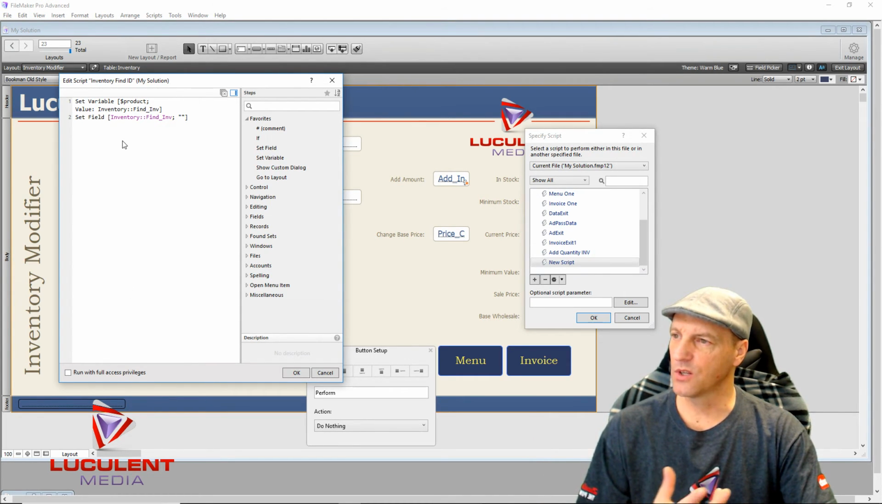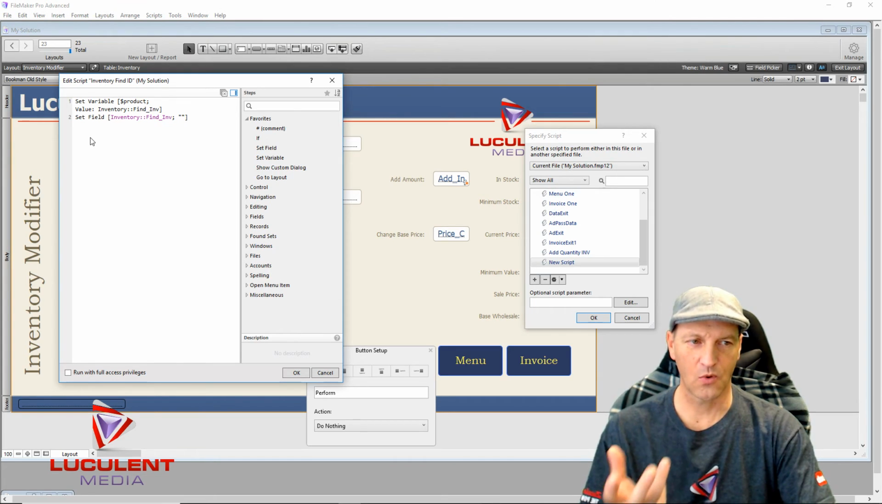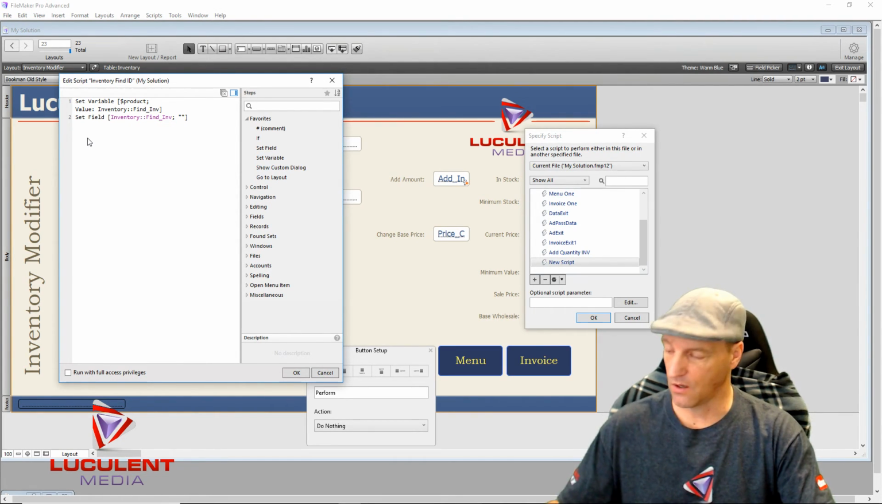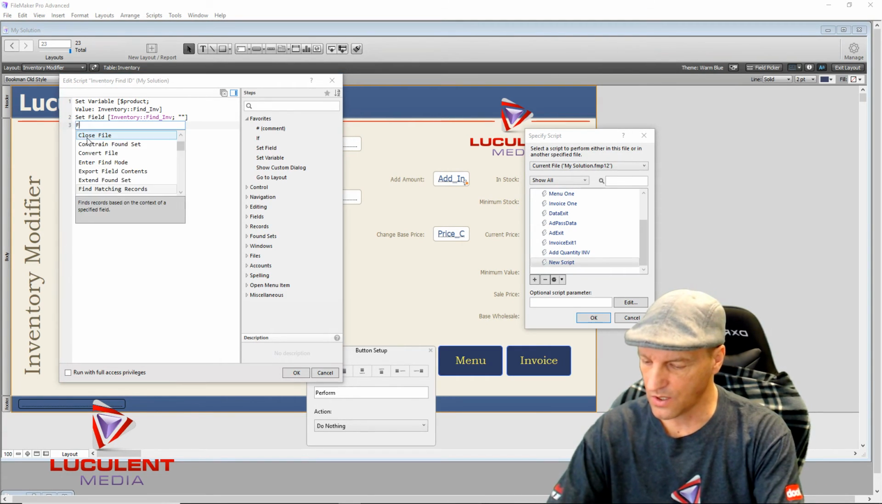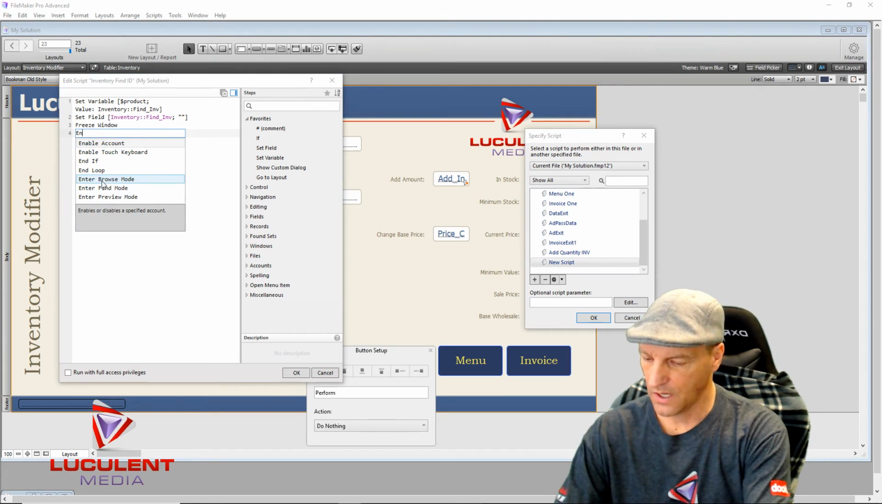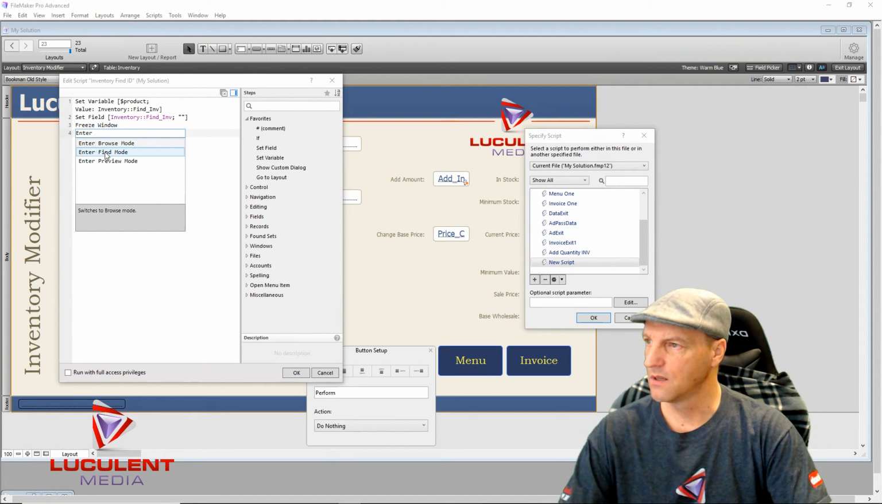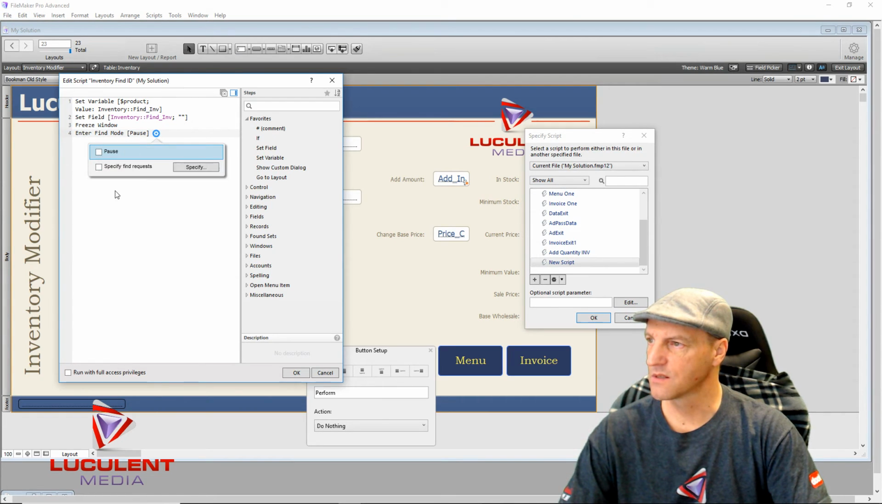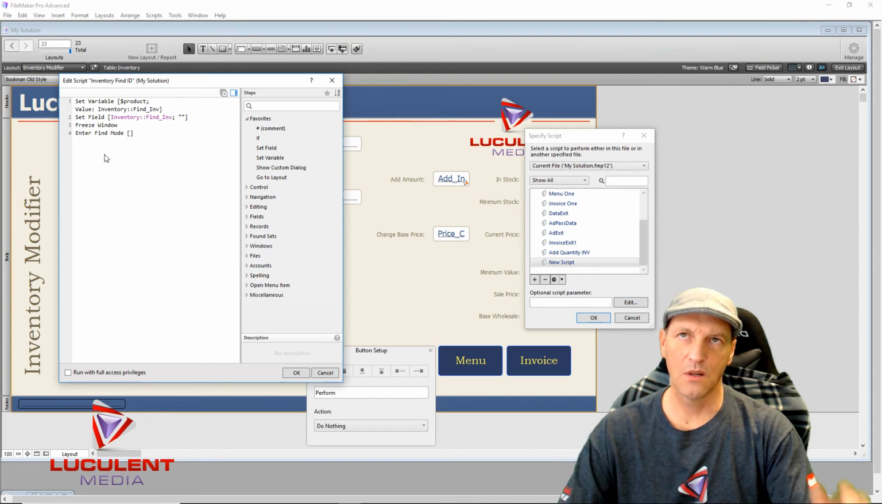And now we want to enter find mode, but we want to freeze the window. So the very first thing we'll do is freeze the window. We will enter find mode, and we don't need it to pause. And then what we will do is we will